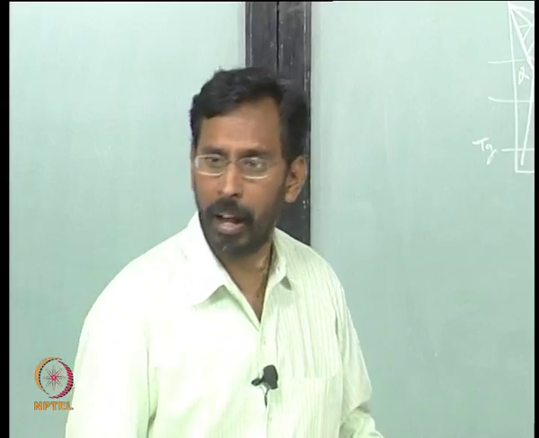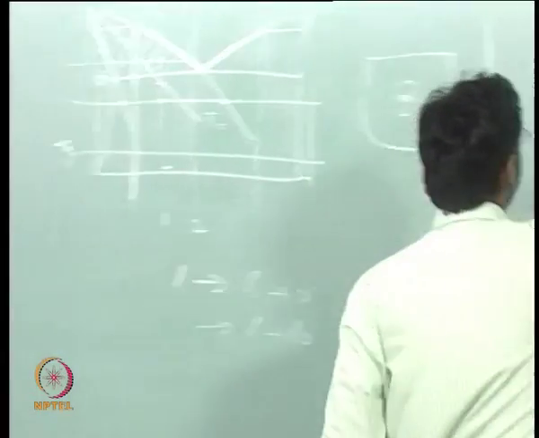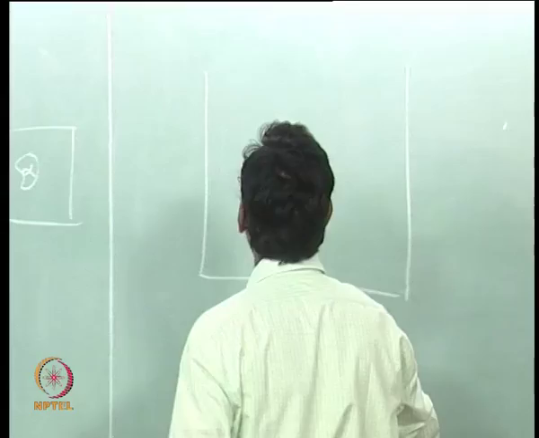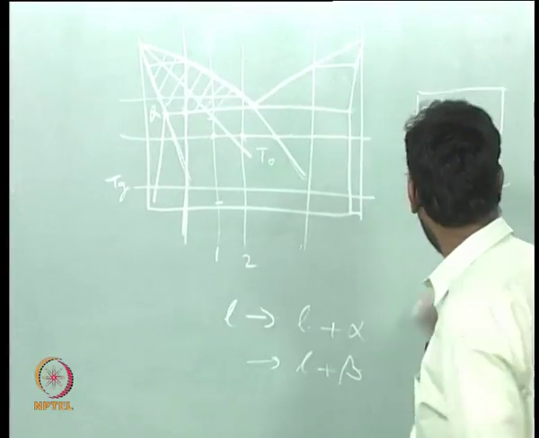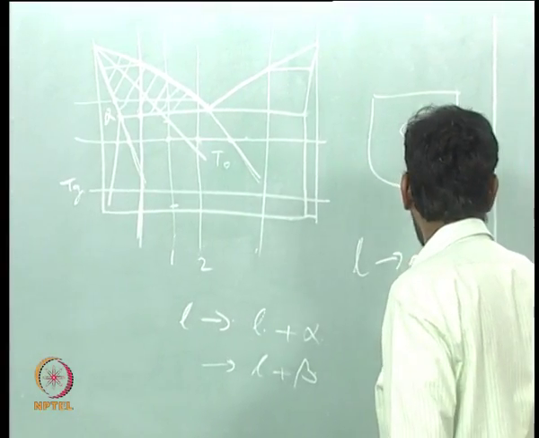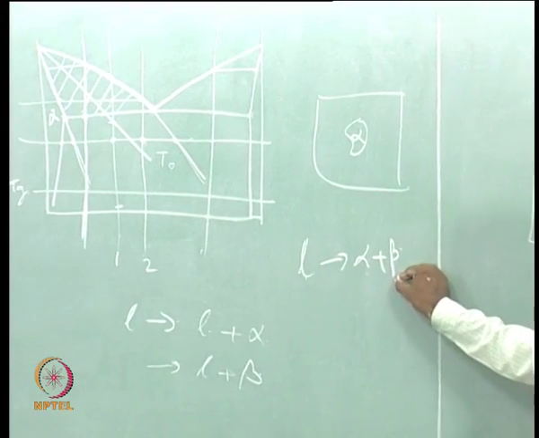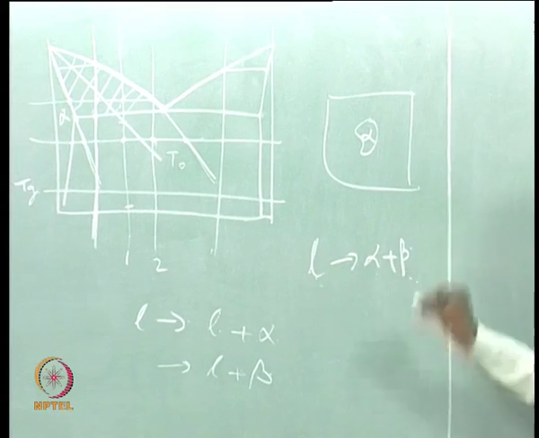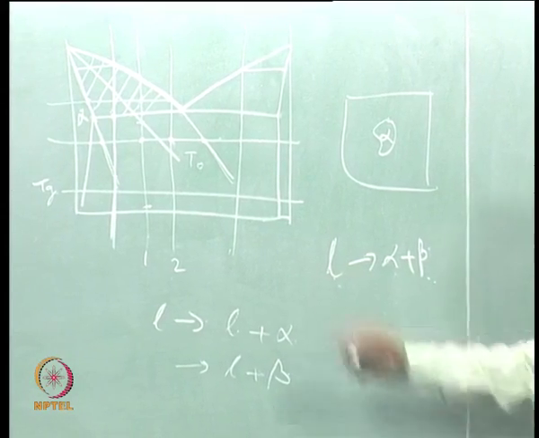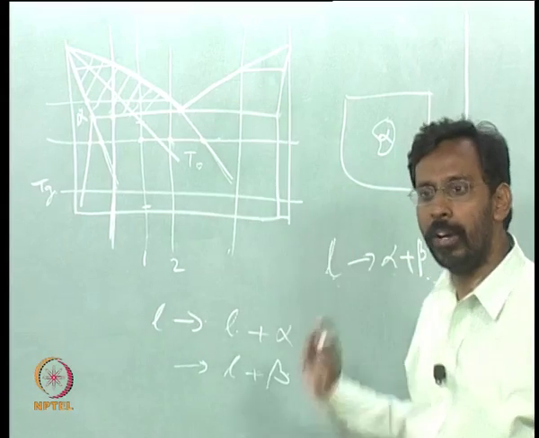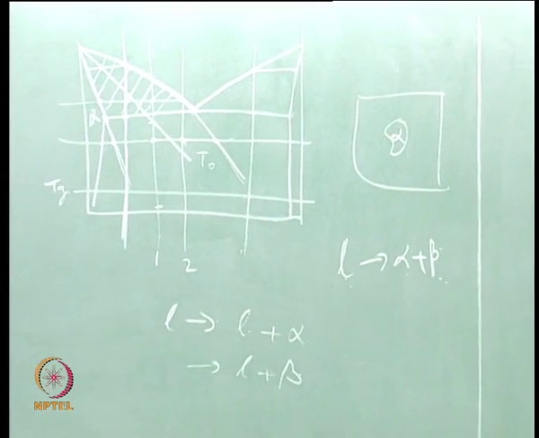If I draw, for example, what is the meaning of eutectic? Liquid giving you alpha plus beta, that means one phase is giving you two phases, so there are three phases in equilibrium, is it not? So at that eutectic temperature, if I draw a free energy composition diagram, I